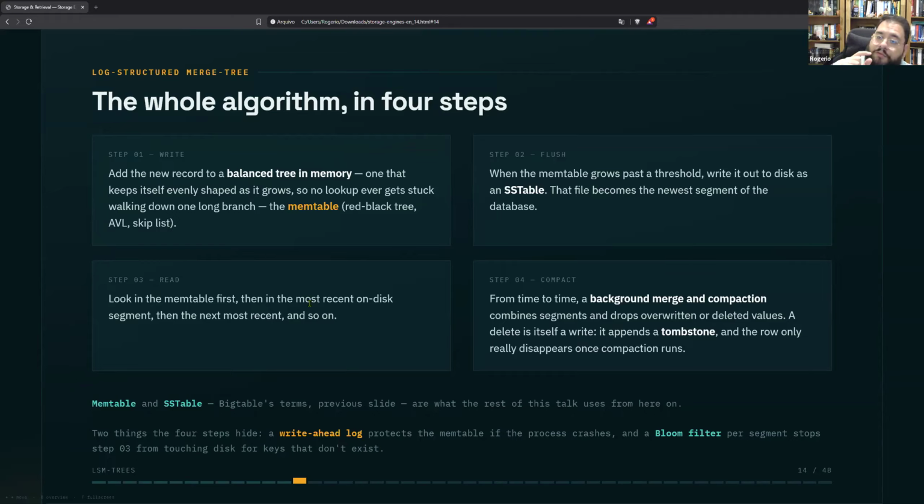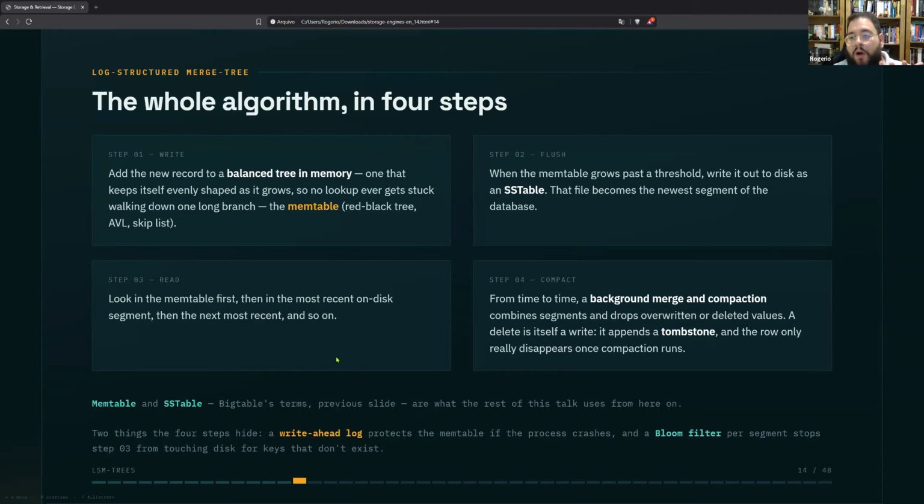And for maintenance, the fourth step is that from time to time, a background merge and compaction combines segments from the SSTables on disk and drops overwritten and deleted values, for example. And a delete is itself a write. It appends a tombstone, and the row only disappears once compaction runs. And again, every implementation has some minor differences between them.